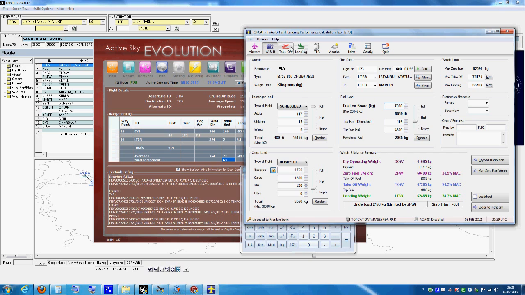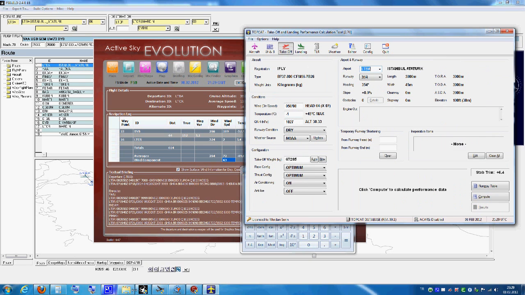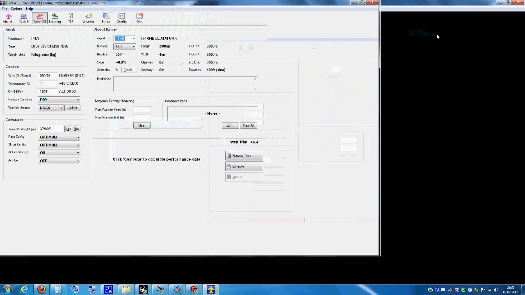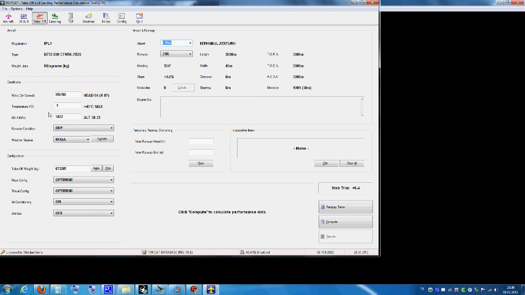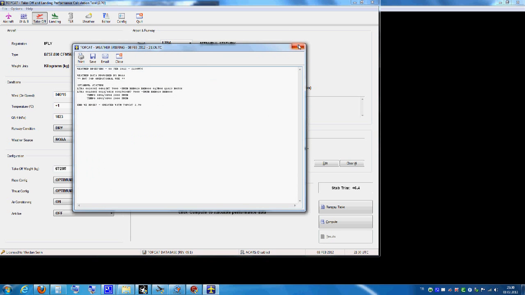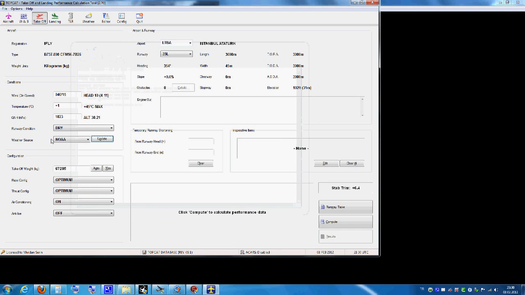Okay, now the next step is we have to calculate the takeoff performance. To do this, we have to update the weather source, which is updated from the internet, and we are departing from Istanbul LTBA, and the wind we have is 15 knots and 040 heading,